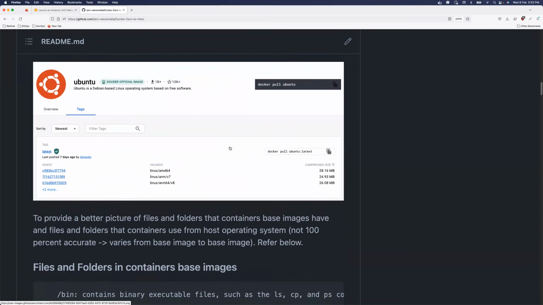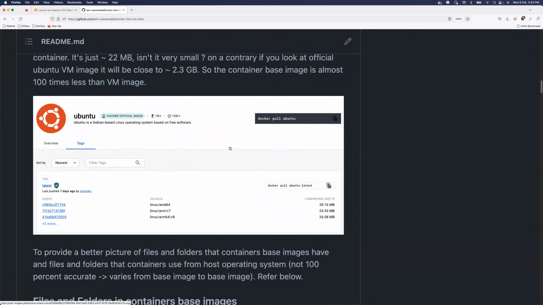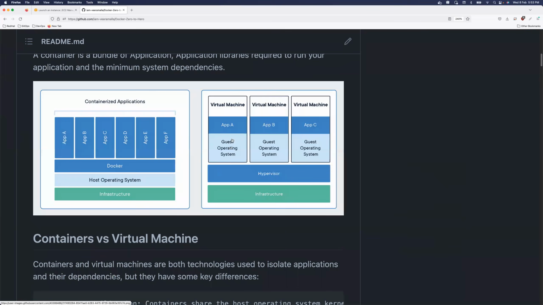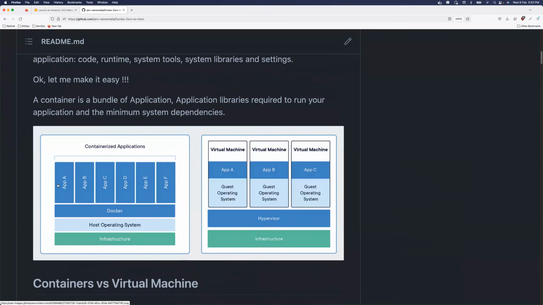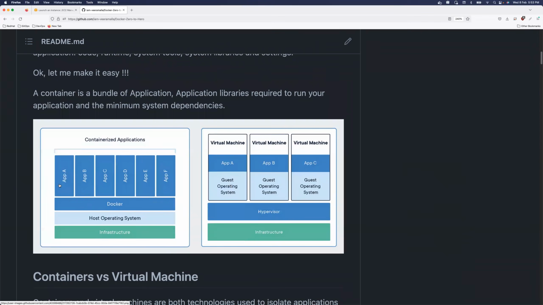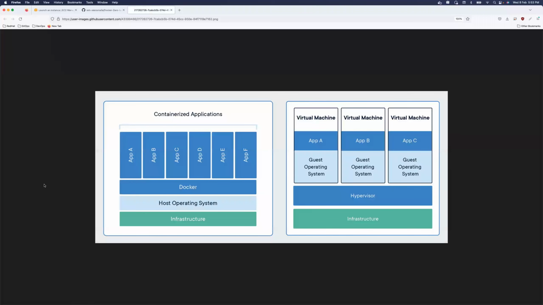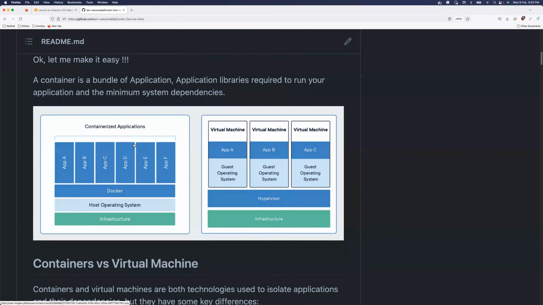So this is the very good advantage of Docker. Instead of running one virtual machine, you can run 10 to 20 or 30 to 40 containers on the same virtual machine, right? Depending on how many resources your containers are using from the host operating system. There are cases where your containers are using a lot of resources from your host operating system, or you can predefine your containers with resources, like saying that my container has to definitely start with 256 MB. In such cases, this is not applicable.